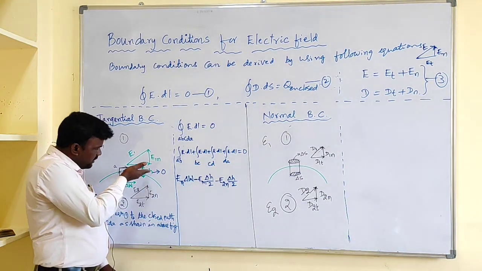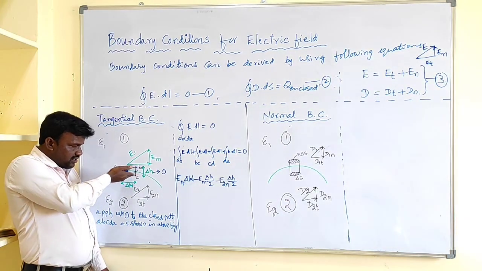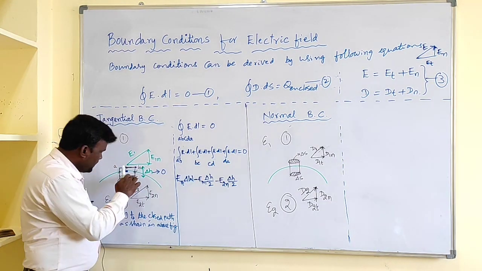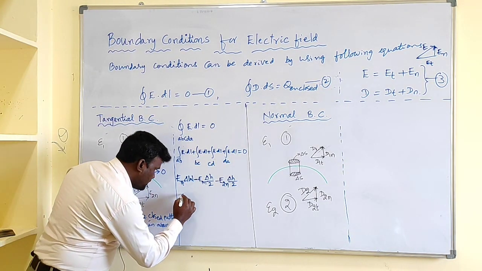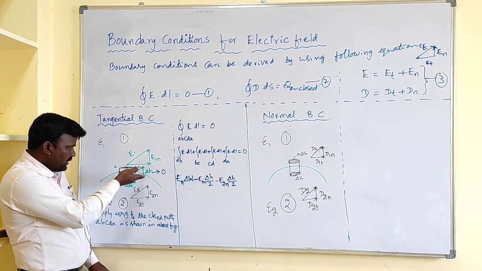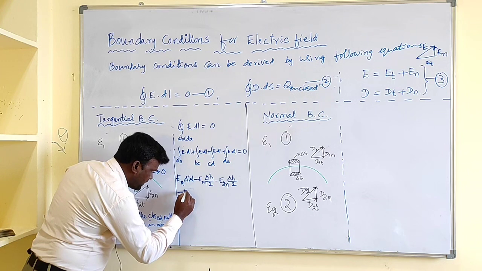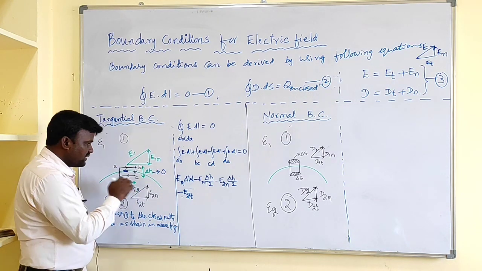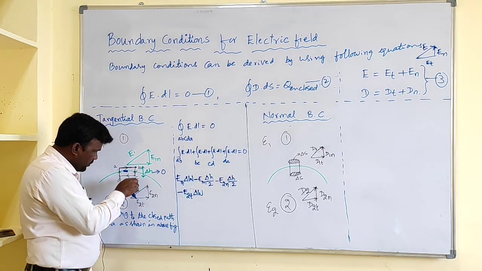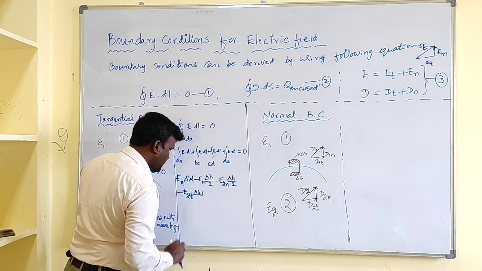Next C to D. C to D means it is entirely in the second medium. What about the field component? It is a tangential component. Horizontal means tangential component, vertical means normal component. What about the tangential component in the second medium? That is E2t. What about the direction? We are moving in this direction, but the field component direction is opposite to this one. That's why you have to take the minus sign. That is E2t. And what about the length? That is delta W. Integral dl means integration and differentiation cancel out. What about the limits? C to D, that is 0 to delta W. That is E2t delta W.